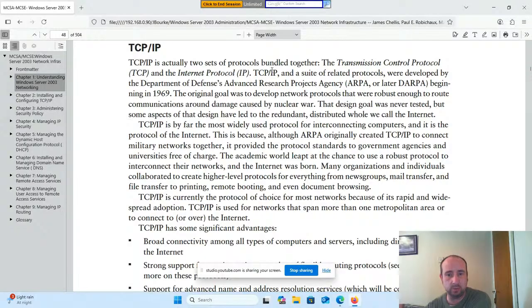TCP/IP is actually two sets of protocols bundled together: the Transmission Control Protocol, TCP, and the Internet Protocol, IP. TCP/IP and a suite of related protocols were developed by the Department of Defense Advanced Research Projects Agency, ARPA, or later DARPA, beginning in 1969. The original goal was to develop network protocols that were robust enough to route communications around damage caused by nuclear war. That design goal was never tested, but some aspects of that design have led to the redundant distributed whole